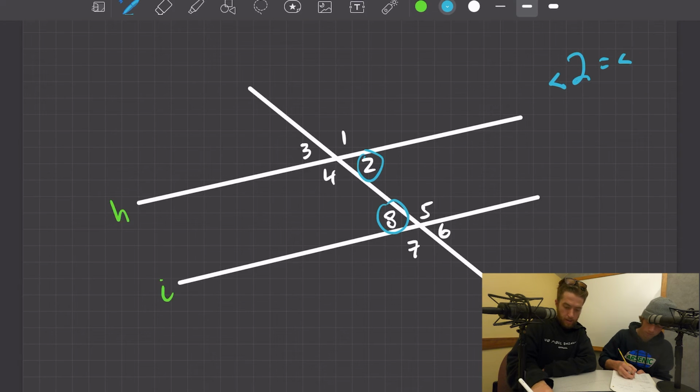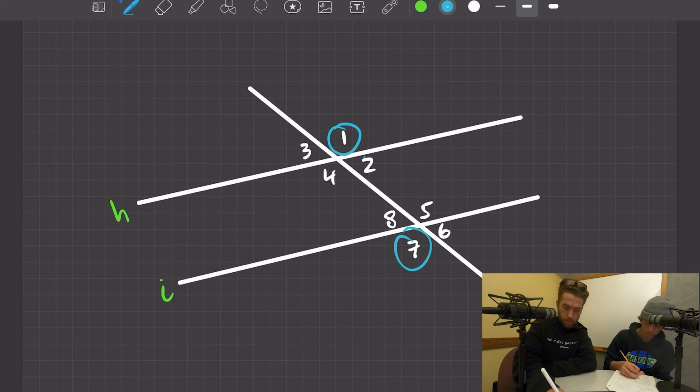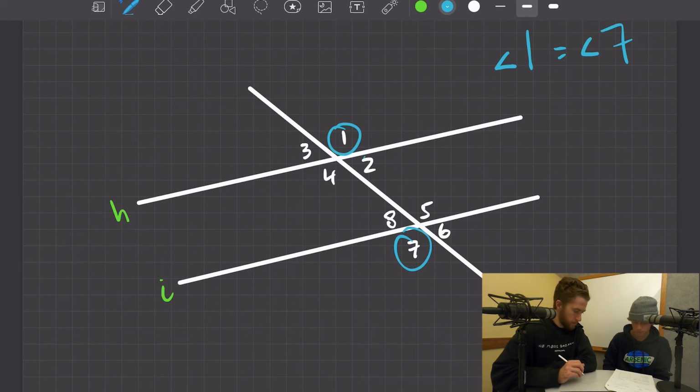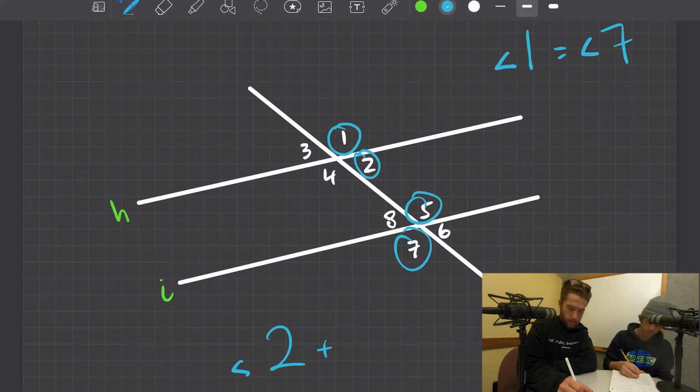And it's probably going to look similar for something like 1 and 7, I think was one of your examples. Then you can't really do that with the third one. So 2 and 5. Now this one is interesting though. 2 and 5 do have something special about them. They add up to make 180. Oh, boom. There you go. So angle 2 plus angle 5 equals 180 degrees,